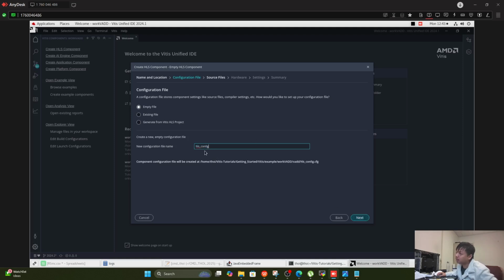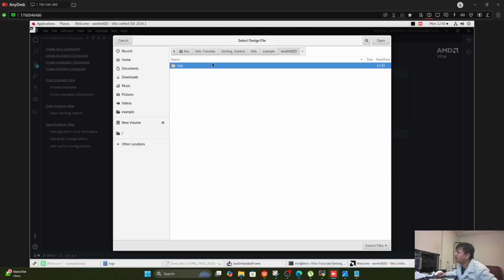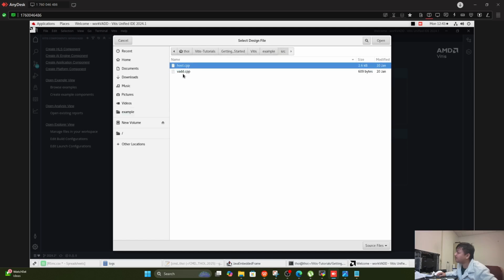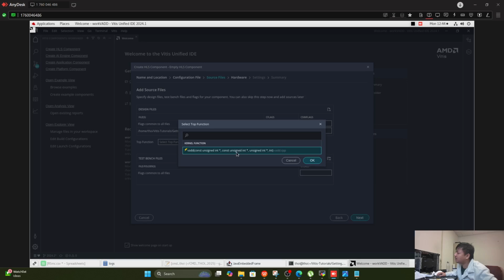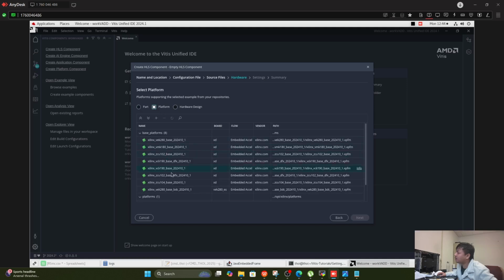We're going to see these files will be generated in one of the folders. And I'm going to add the design file, example, source. So the application file, this is the kernel. So we add, cool, this is the top function, click next,